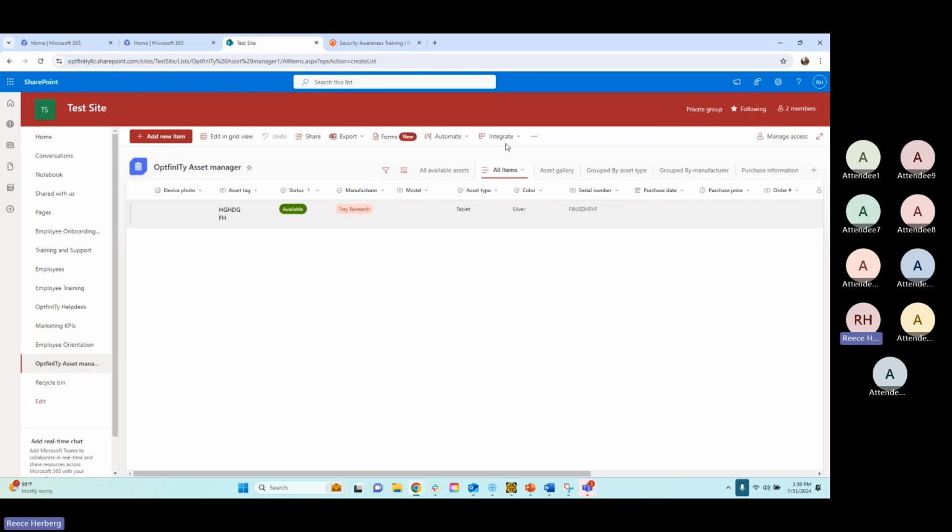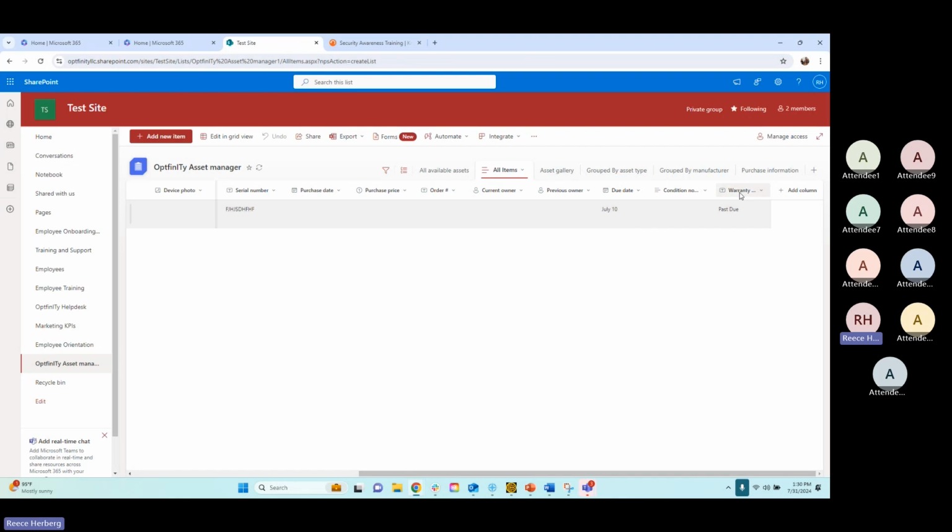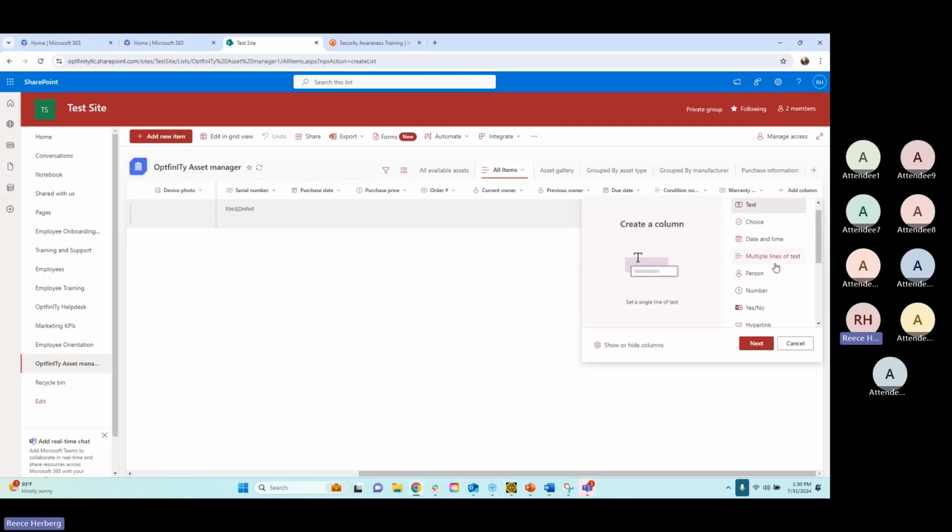So when I press OK and redirect it back, I'm just going to refresh really quick and see if it worked. But here you can see automatically that column was added, and it is telling me that the warranty is past due. The due date was July 10th, and now I can automatically look down and say, okay, this machine is past due, and I need to alert the client. And it just automates that quickly, so you don't have to go through and highlight each row by yourself. The other column type I want to show you that you might not currently be using